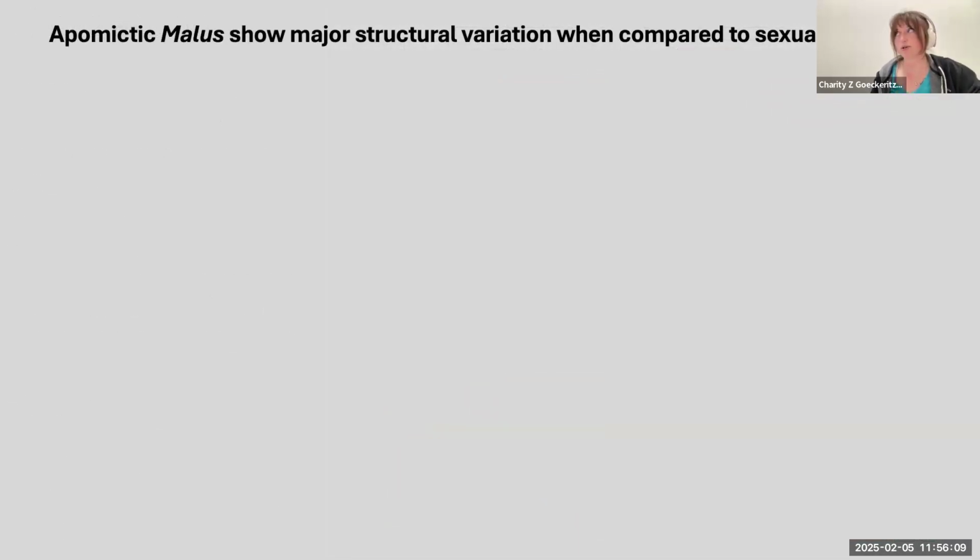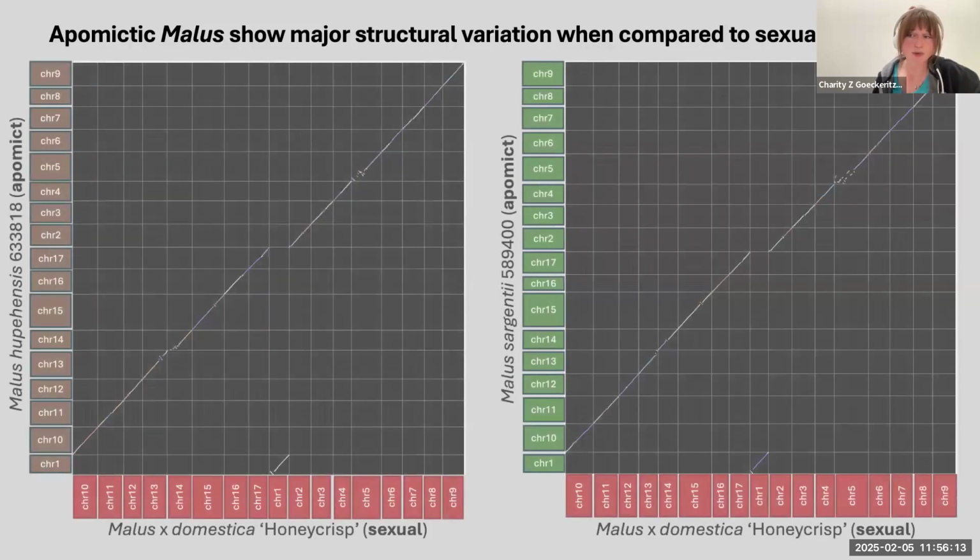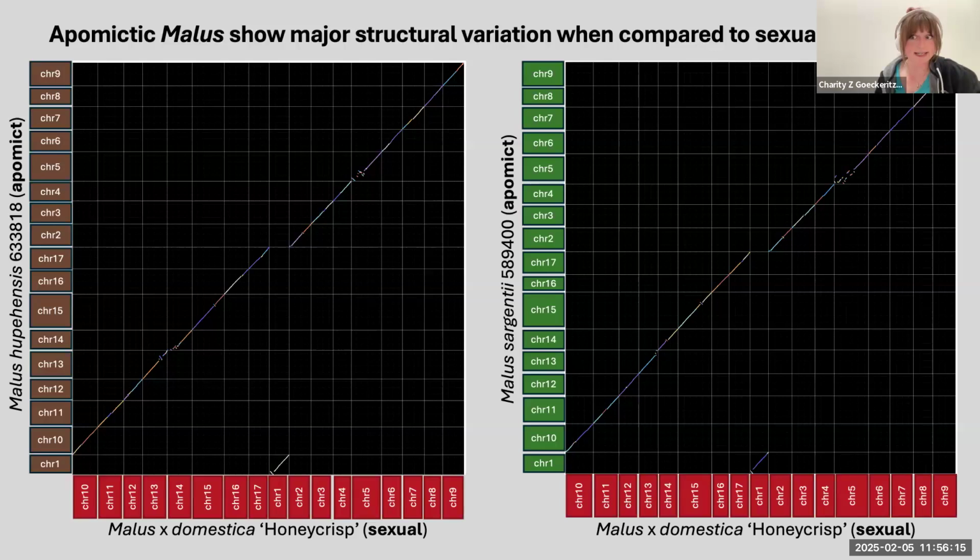Okie dokie. So let's talk a little bit about the structural variation I'm seeing. Generally speaking, most Malus genomes are pretty syntenic, but I'm already finding that the apomicts show some major structural variation relative to the sexual genomes. So this is a dot plot for one group of the 17 chromosomes from our apomictic Malus hupehensis here on